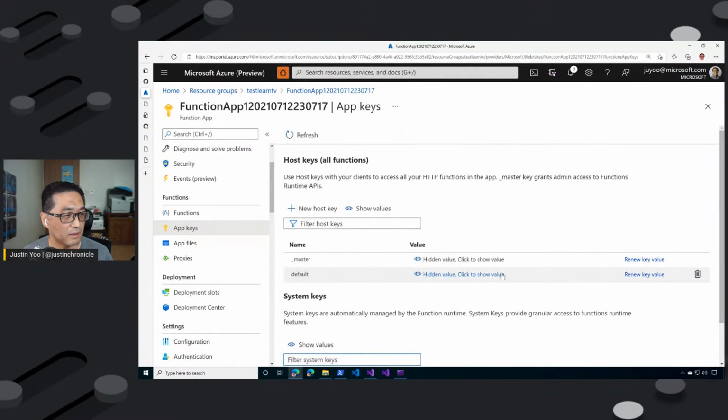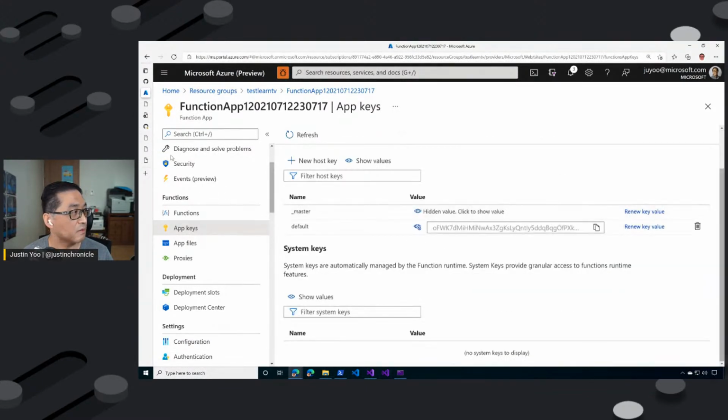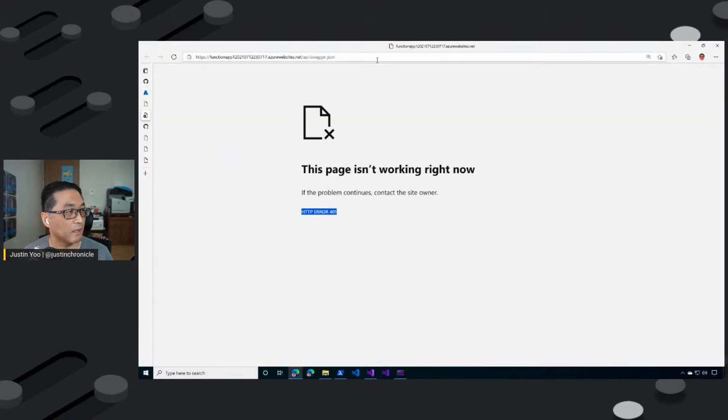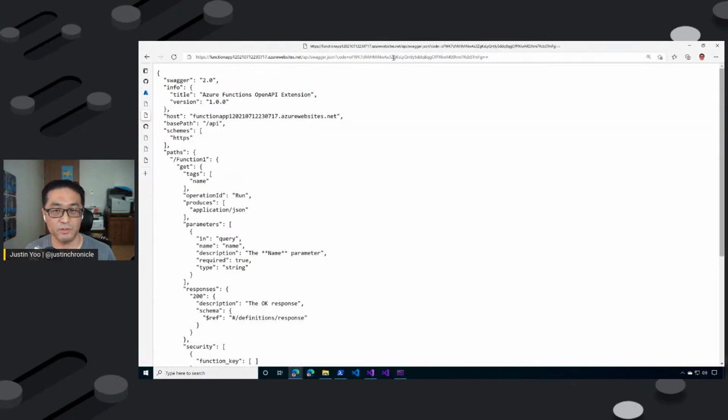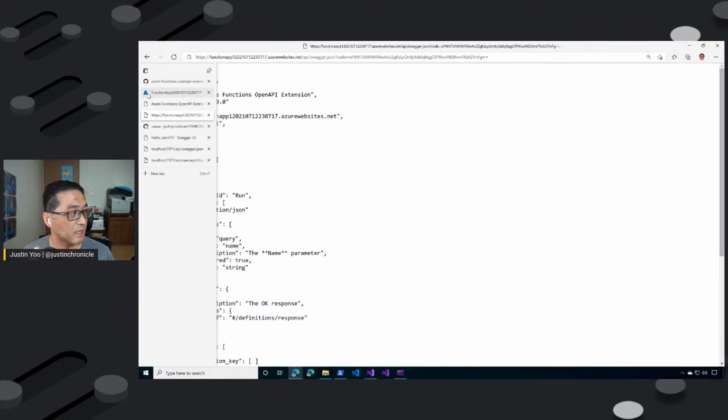We need to provide the API key to Azure Functions here, like code. Then you will be able to see this document, right? So by doing so, you can safely secure your OpenAPI document, the endpoint to render the OpenAPI document, for others to use. All right. So this is one thing, and also what I want to show is that